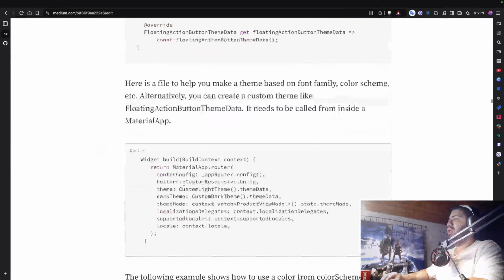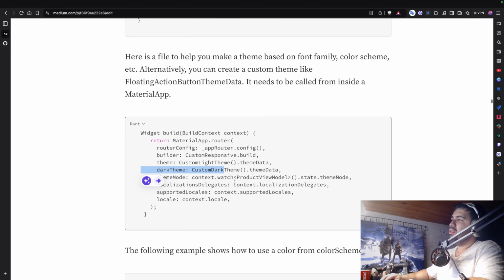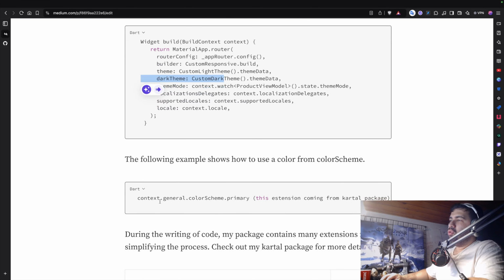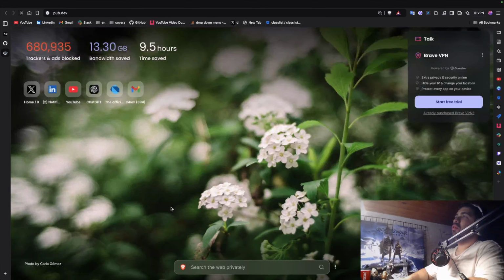And my main dart, as you can see, uses this theme directly. Where is the theme? Yes, custom light theme. It is the dark theme part, and if I need an extra part, I'm going to add it. And if I want to use any value from context general and color theme primary and so on, I use it directly in this section. And maybe you can't find general, because general comes from my own